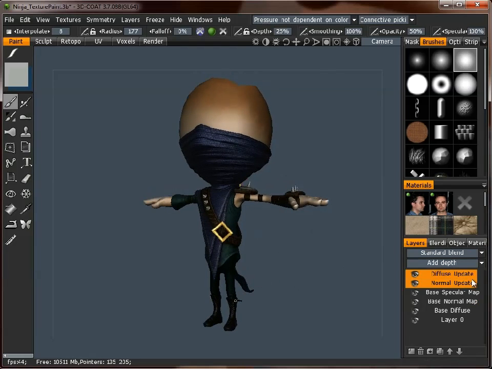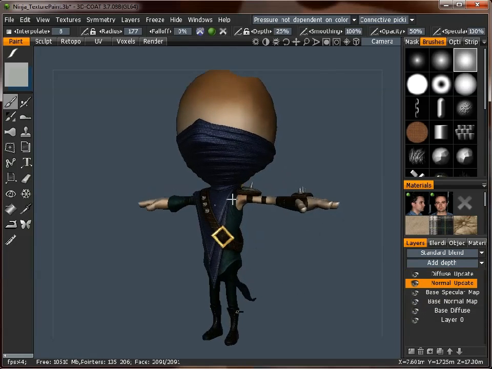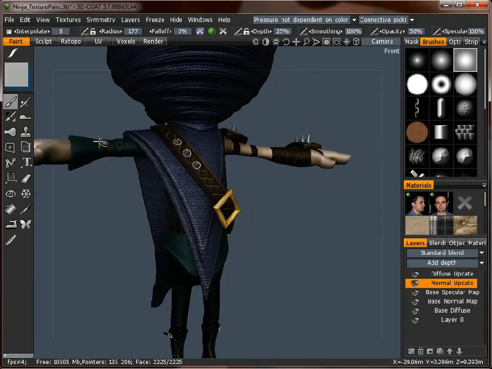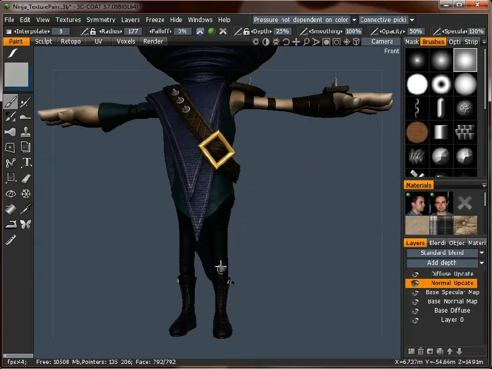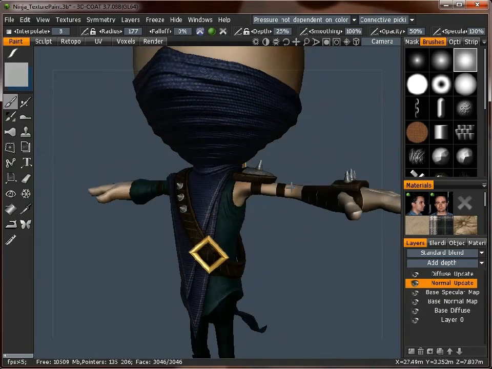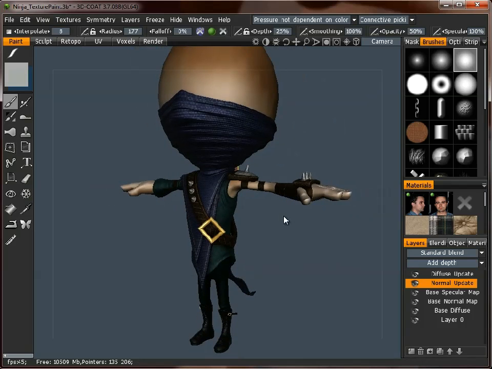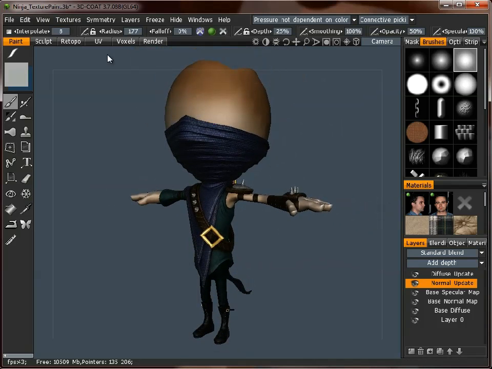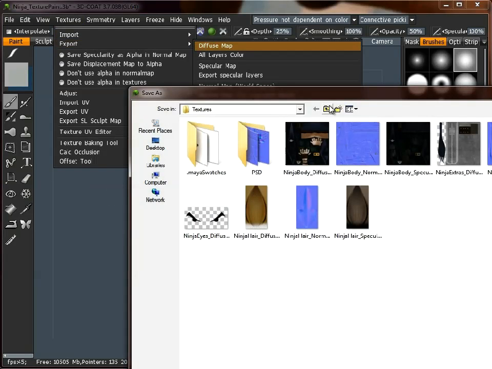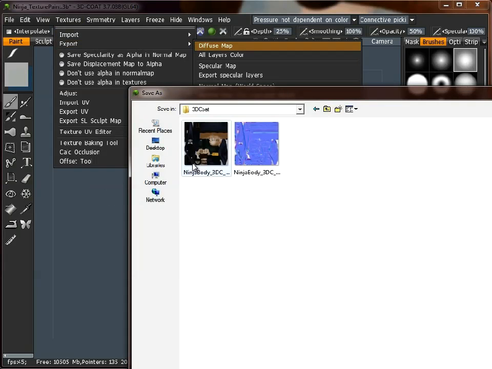So there we go, we have all our different layers, as you can see. We've added a lot more detail, a lot more creases into his arm, and even into his trousers and his shirt, just to give that extra bit of detail. So then all you need to do is go to Texture, Export Diffuse Map. We'll go to our 3D Coat directory,